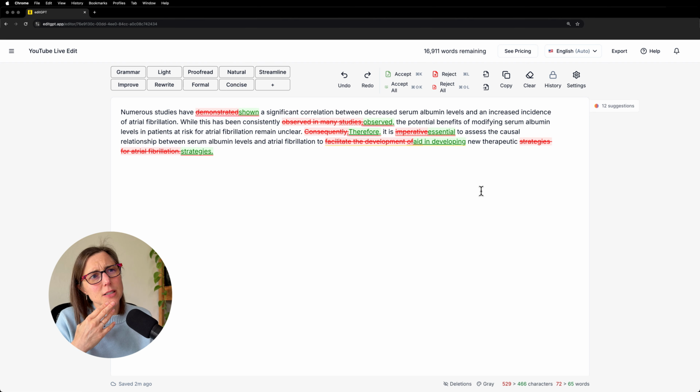I think that they both have a strong meaning that something is really needed. I think imperative is slightly stronger, but for the case of what's needed here, I think essential is okay. So I think that's actually an okay suggestion. This would be one that would definitely be up to the authors. I might inquire with the authors whether this would be a change that's okay.